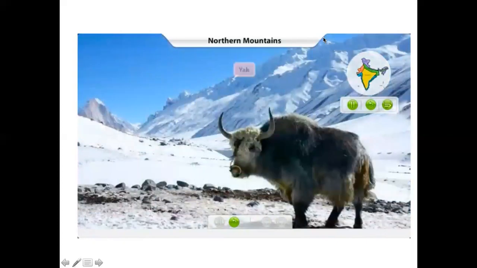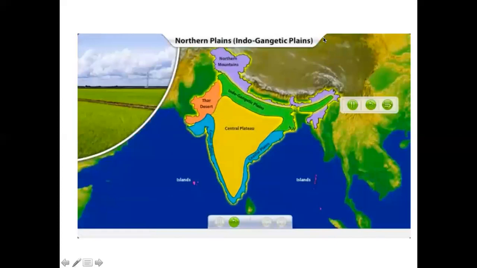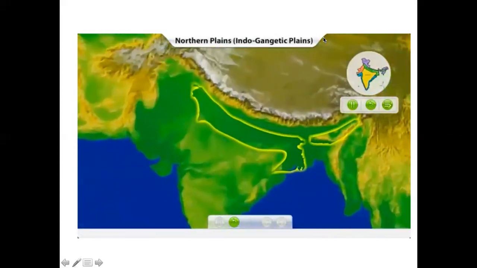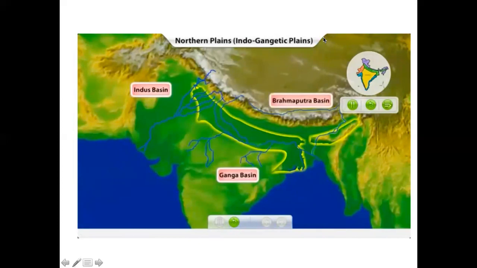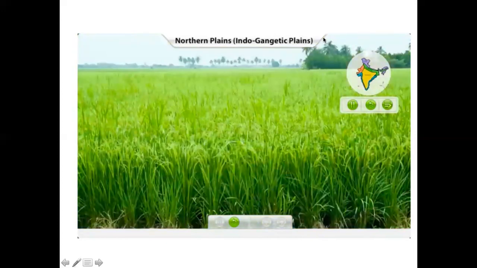It is home to the yaks. The northern plains are made up of 3 river basins: the Indus Basin, the Ganga Basin, and the Brahmaputra Basin. These stretch from the west to the east and are together known as the Indo-Gangetic Plains. These plains are very fertile. They are sometimes called the Rice Bowl of India.